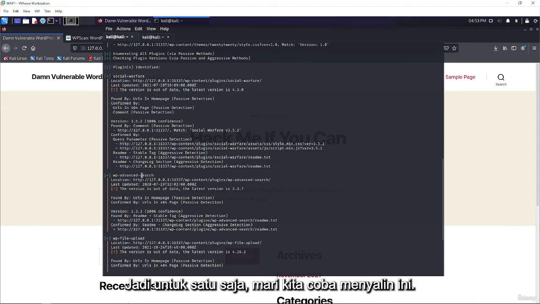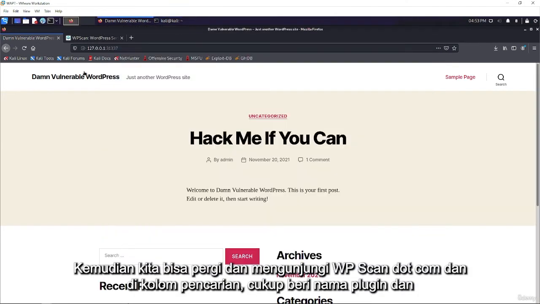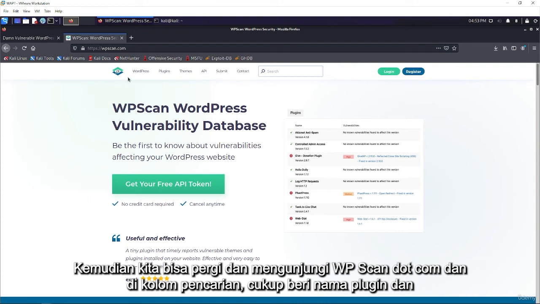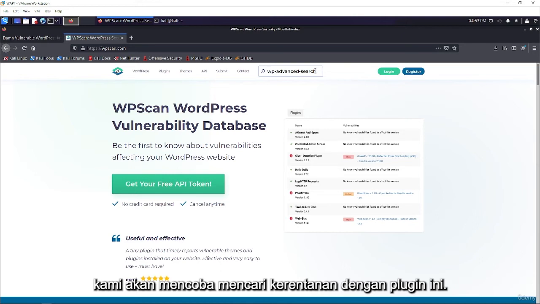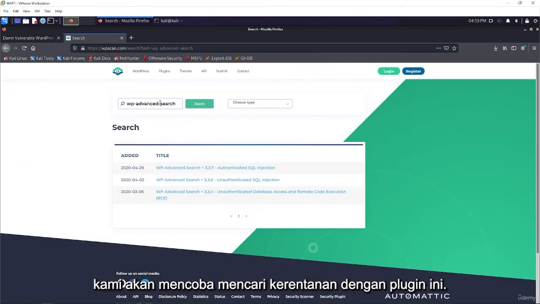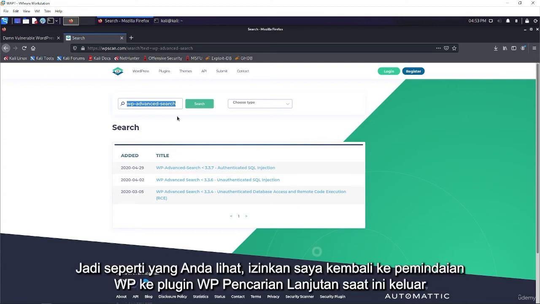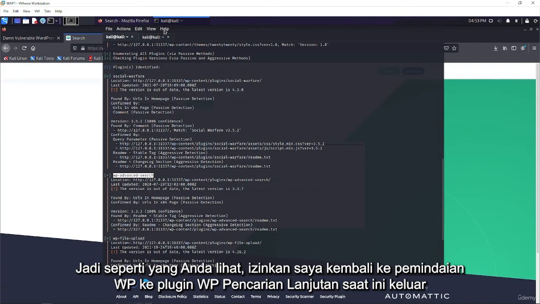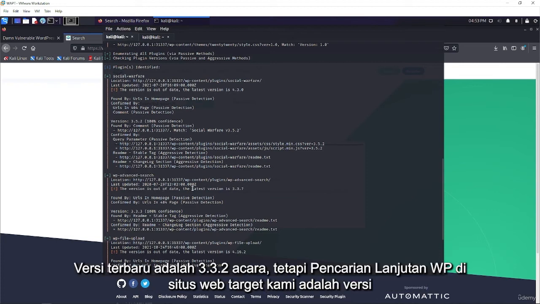So for this one, let's try to copy this. Then we can go and visit wpscan.com, and on the search field, just paste the name of the plugin, and we will try to look for vulnerabilities with this plugin. So as you can see, let me go back to the WPScan tool. The WP Advanced Search plugin is currently out of date. The latest version is